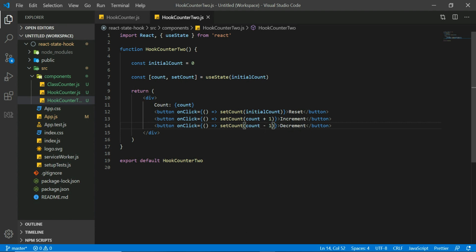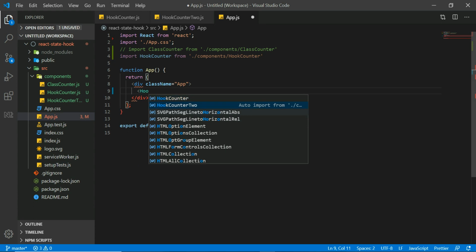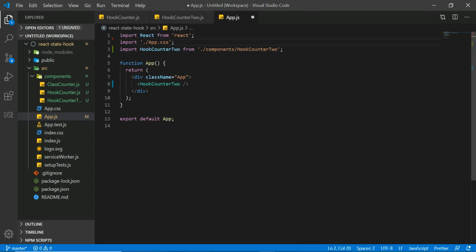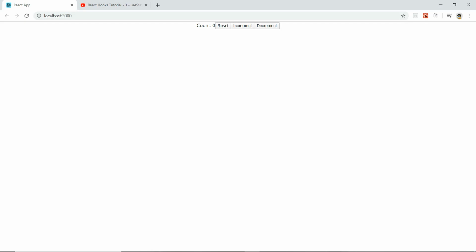So now we can include the component in the App component. So we need to remove this, just include HookCounter2 like this. We need to remove this also. So now save all the files and take a look at the browser.